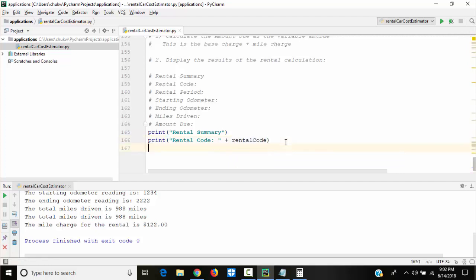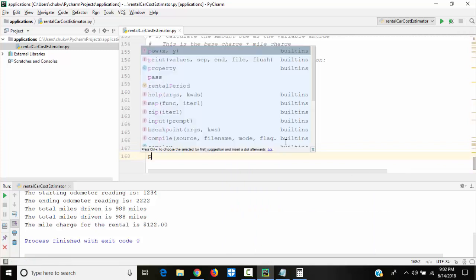Okay, then I'll say print rental period. I'll just play with this now. Okay, I'll put a comma, I'll put rental period here, like this. It will still work.